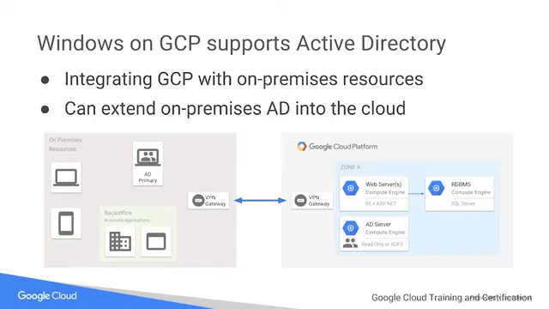You'll notice in this diagram that we've connected the on-premises resources to Google Cloud Platform using a Google VPN resource. This will enable you to treat the Google Cloud Platform resources as a seamless extension of your private network applications and services.